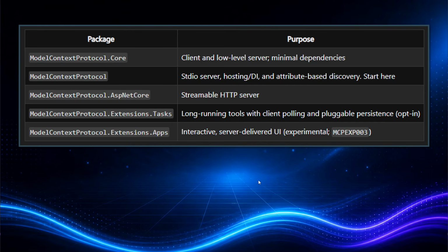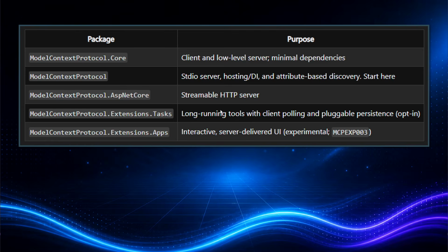The final thing I want to mention in this video is the packages. So we have, for a long time, had the Model Context Protocol and the core, and then we had the ASP for the HTTP, the remote servers. In those were also some experimental things like tasks and apps. Not something I've used, but tasks are long-running tools that the client can do polling on.